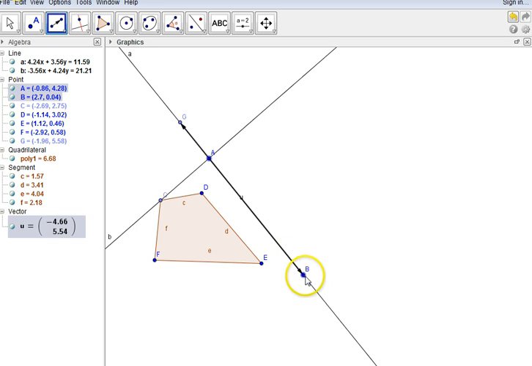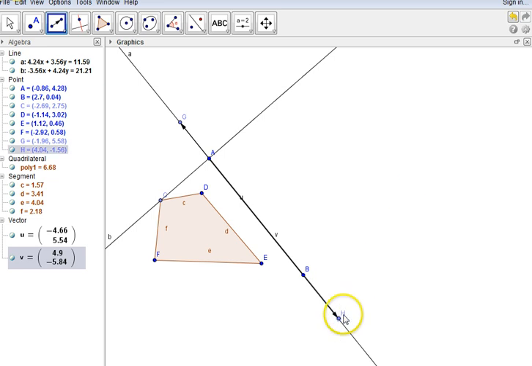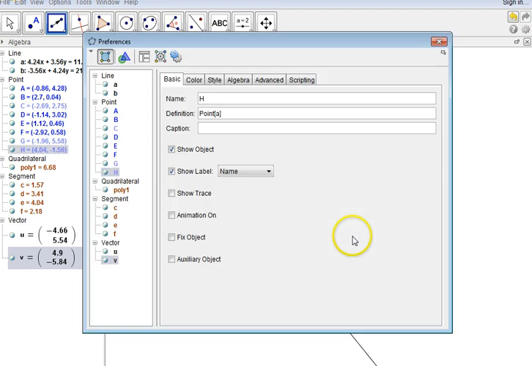And I'm going to replace with a vector going the other direction. And I'm going to change the label. It's an L, but it's a,